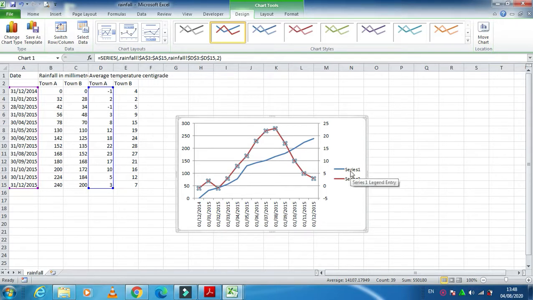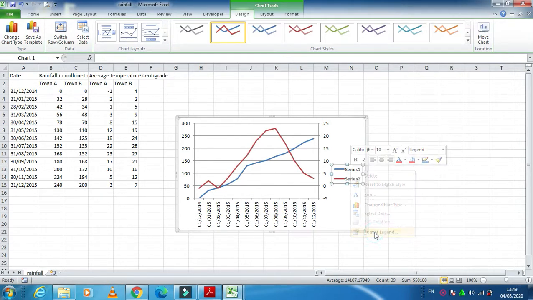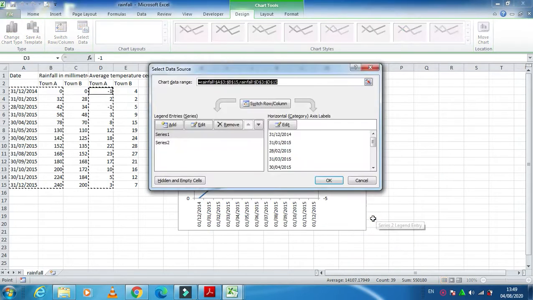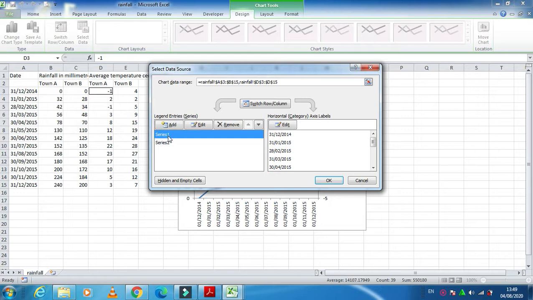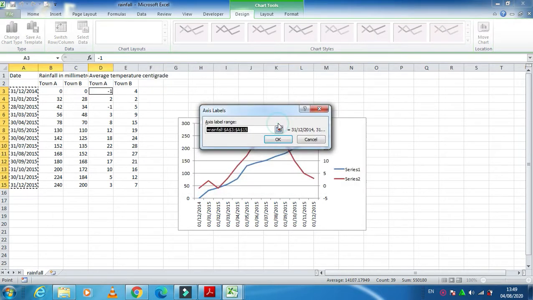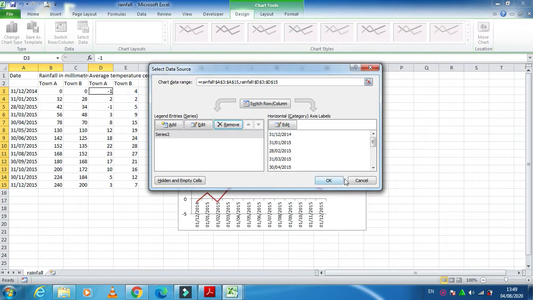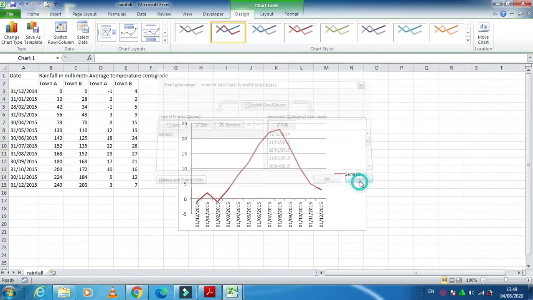Now what you need to do is, if you want to format this one as well, so format legend, or you just right click, select data. So what you want to do for series 1, you want to edit and you need to get the date. Oh no, sorry, not date, rainfall. Just click on OK. Oh, sorry, we have not to do anything with it. It is only displaying the date, and if you want to, you just